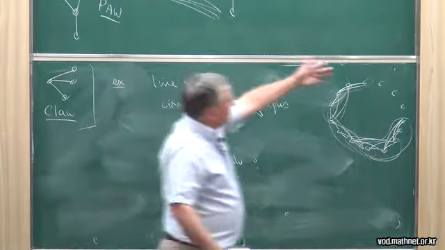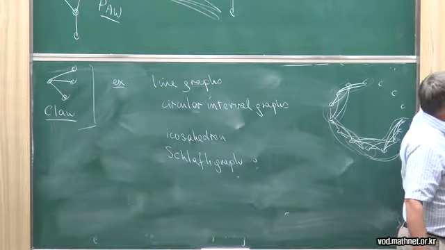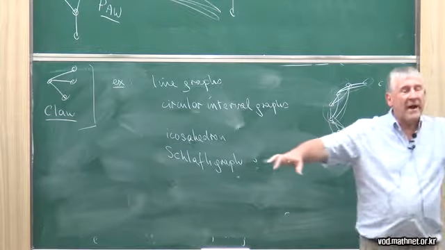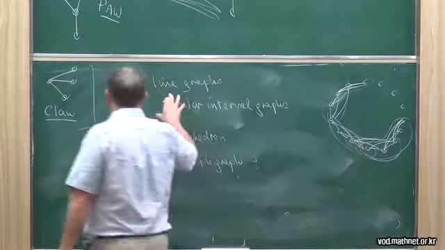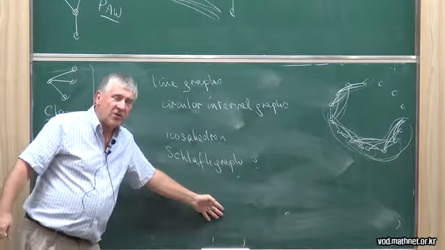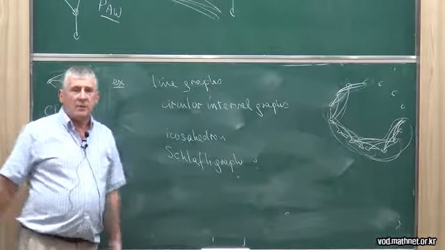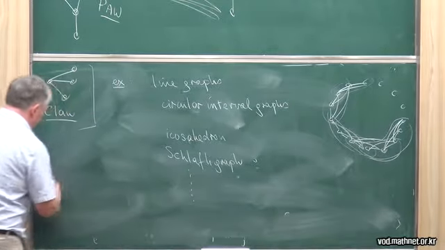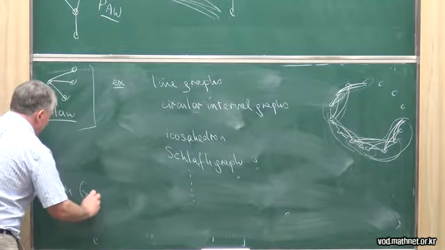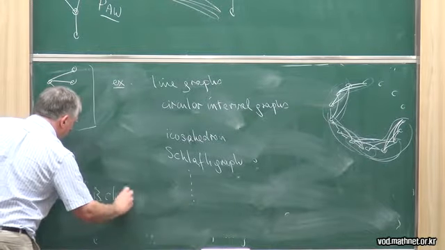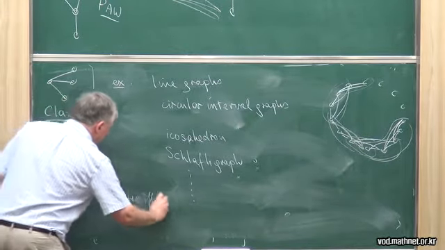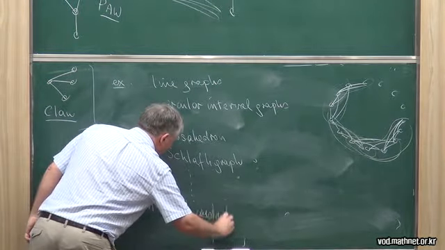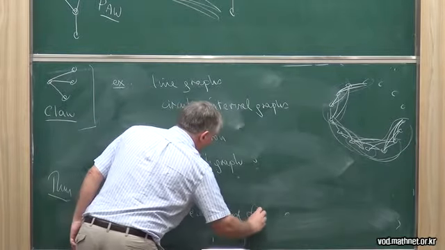But we proved a theorem that every claw-free graph can be built from these by gluing them together. It's like the theorem that every pole-free graph is either complete multipartite or triangle-free, or made from them by gluing them together. It's the same here, except the gluing operation is different. It's not just disjoint union, it's more complicated, but it's the same in principle. So the theorem is: G is claw-free if and only if G can be constructed from these classes